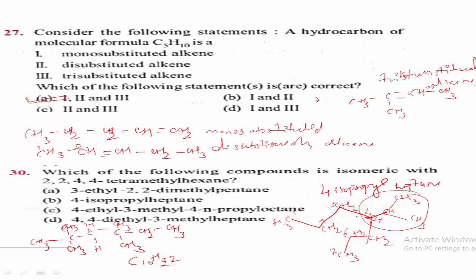Is it right? Yes, another important point. The fourth carbon atom contains the isopropyl group. One side CH, here CH3, CH3. Okay, this one is isopropyl. If one of the carbon atoms, meaning the last but one carbon atom, contains two CH3 groups, then it is called